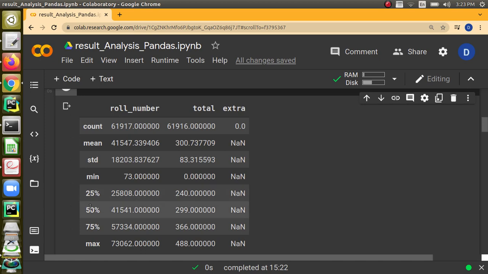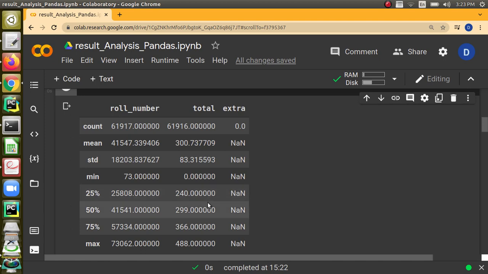And what about this 25%, 50% and 75%? These are all quantiles. 25808 is the roll number below which 25% of the records have got value.